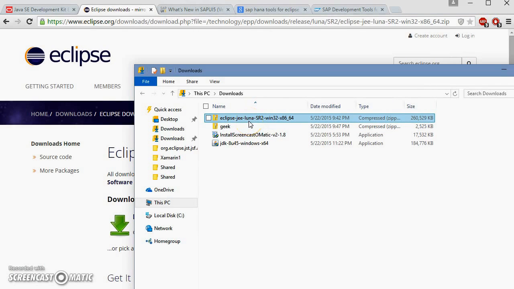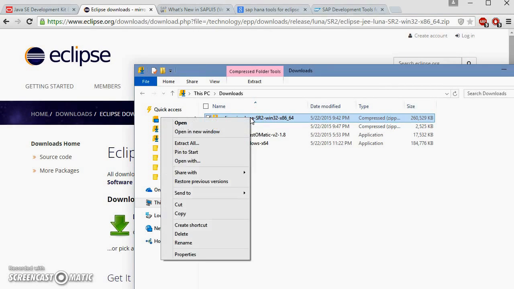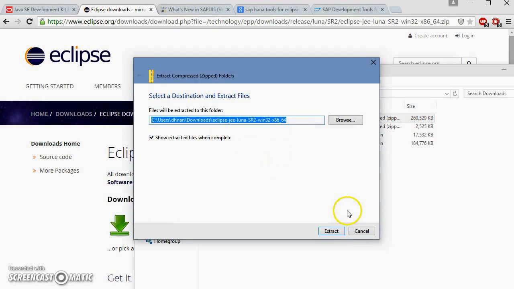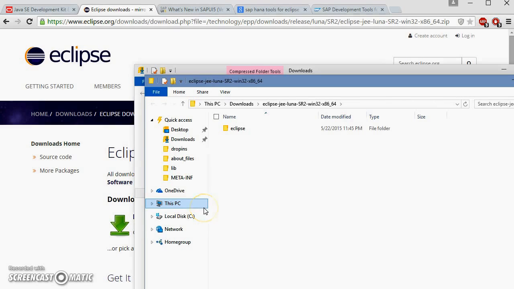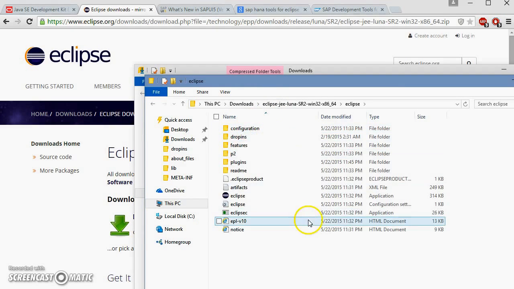Once Eclipse is downloaded, extract all files. Once the file is extracted, run the executable, the exe file, which in this case would be this one.